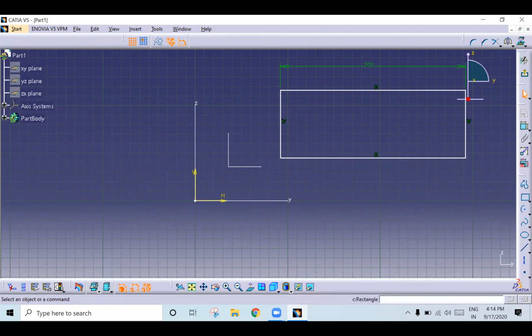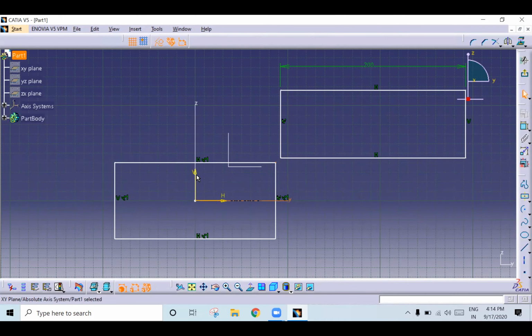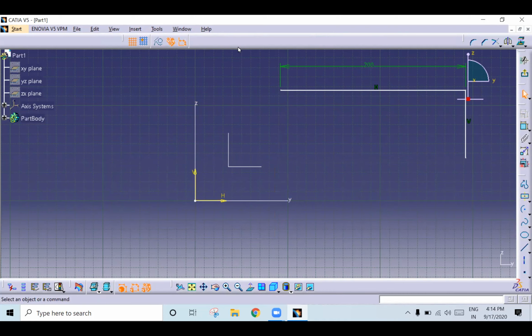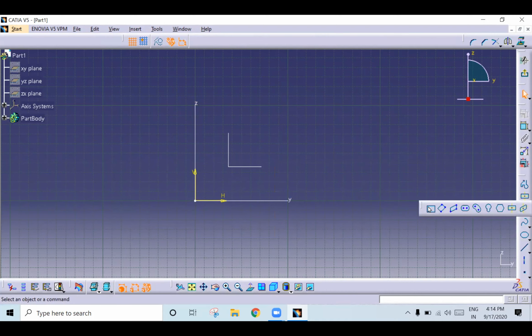Symmetry. See here, you have a rectangle, right? Centered rectangle. So this is symmetry with respect to this and this. Suppose you have a normal rectangle, observe carefully, this is very important.